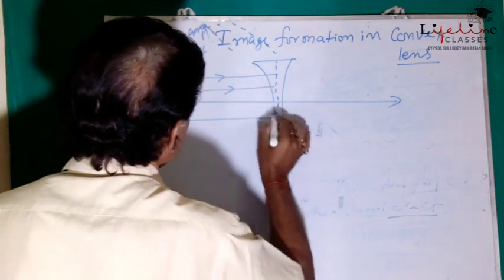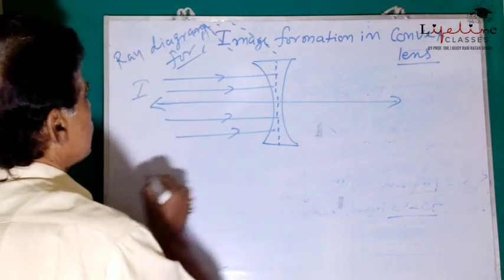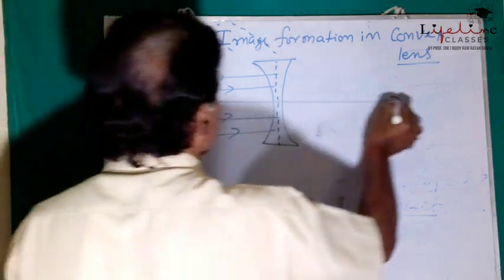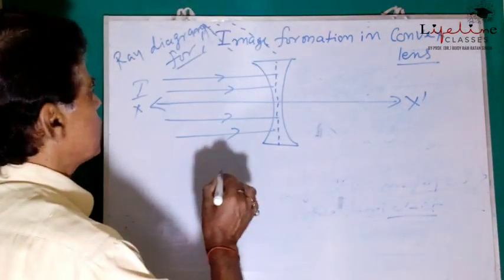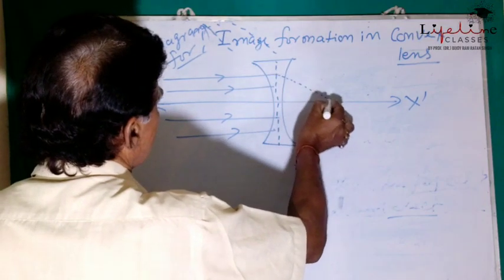The rays coming from the object are all parallel to the principal axis, and these rays